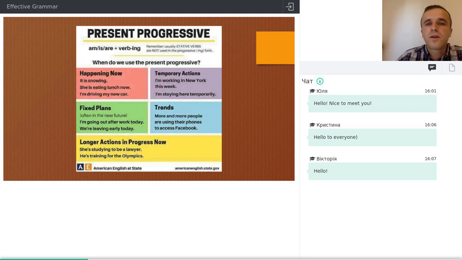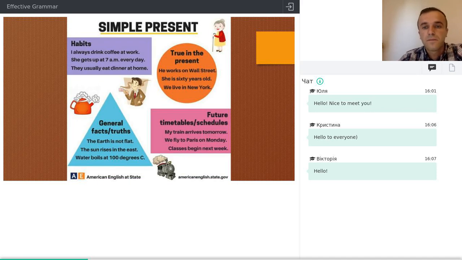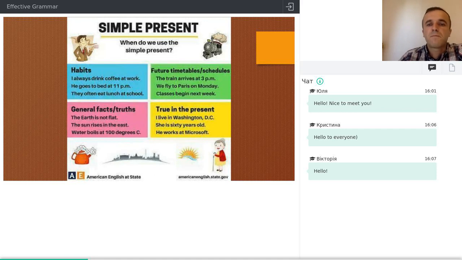forming the present continuous. Also, you can ask them to make up special questions, questions to the subject, like alternative questions and tag questions. And you can elaborate with them all these sentences and different functions. You see that you can do it in the same way with the present simple. You see that there is one more template of the present simple, very colorful with different pictures and